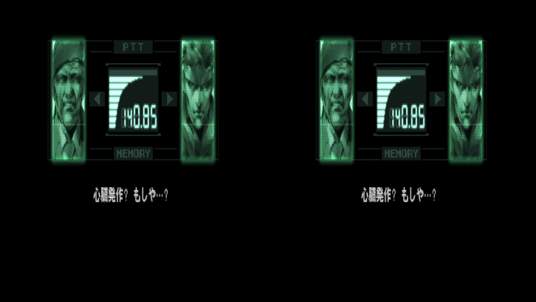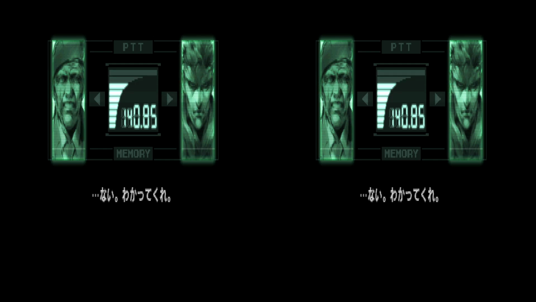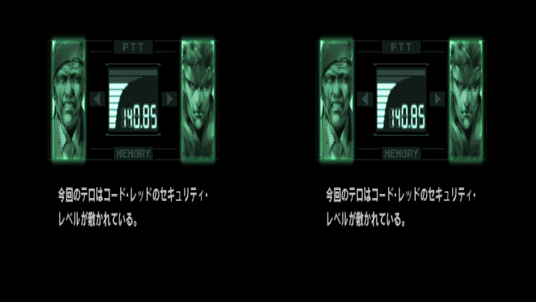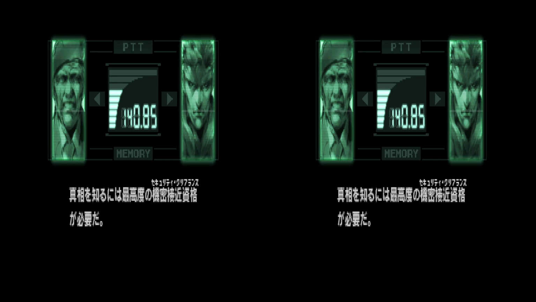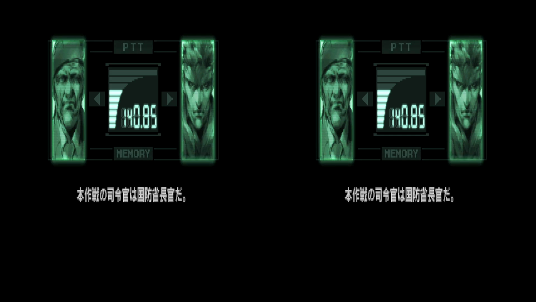A heart attack? No. Colonel, are you hiding something from me? Absolutely not. Snake, you've got to understand. This op is security level red. You need the highest security clearance to get access to the complete file. You want me to believe that you're in charge of this op, but you don't have complete access to the file? I told you. The Secretary of Defense is in operational control,